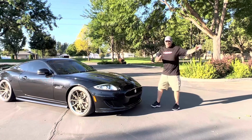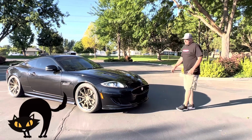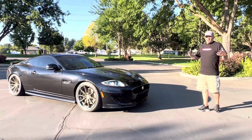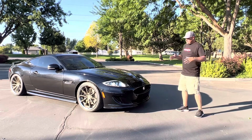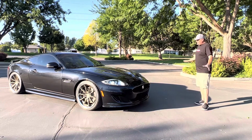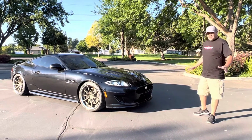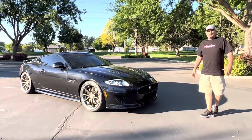Today we are back on our 2012 Jag XK, Grumpy Cat. We finally got Grumpy Cat back from Auto Express. They were the ones that painted and reinstalled the kit. I can't believe the change. I just can't believe it. It turned out way better than I thought it would. So come along, let's take a look and I'll show you some of the things that Dave did for us